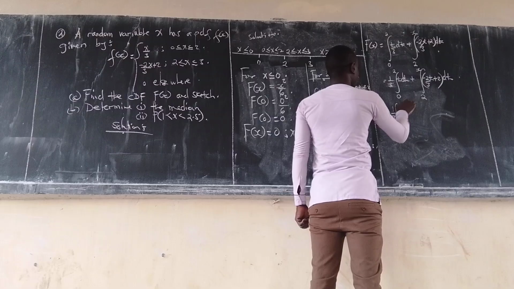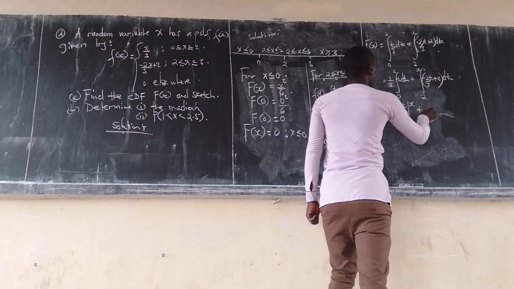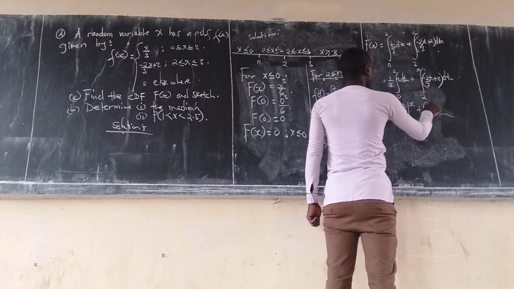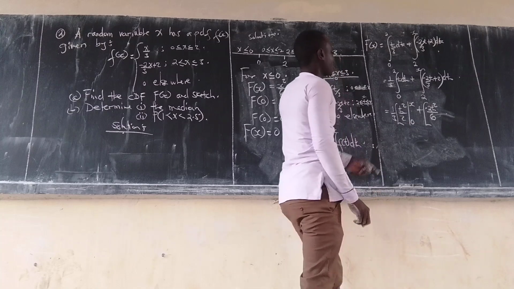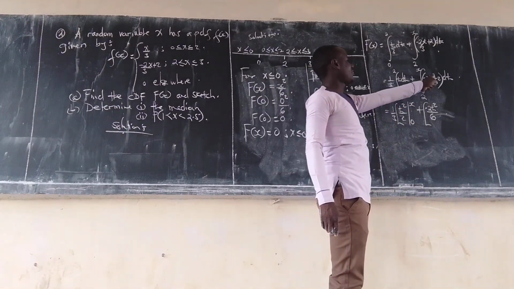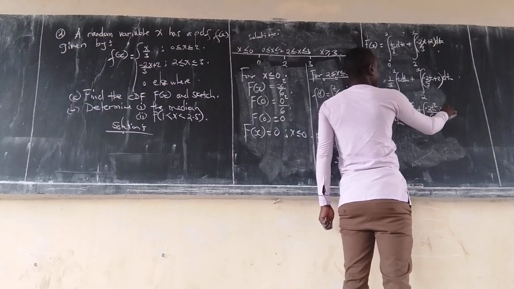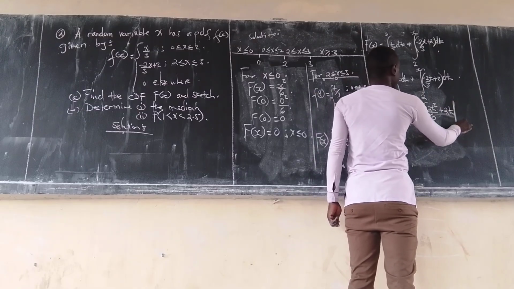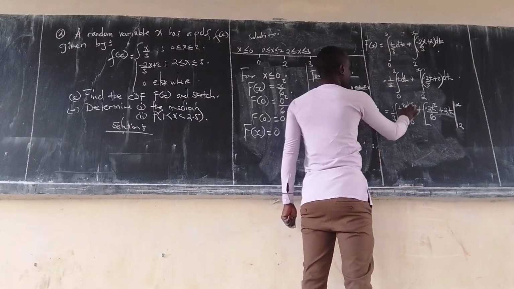This is t squared over 2 from 0 to x, plus this is negative 2t squared over 6. You increase the power by 1 and divide by the new power, plus 2t, but we have integrated from 2 up to x. This is from